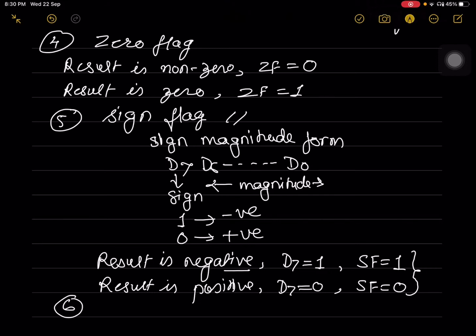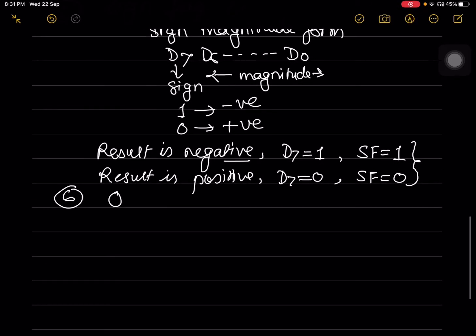In the next situation, we have another important flag, and this flag is called as overflow flag. Overflow flag is also related with the signed operation. Whenever we are performing any signed operation, overflow flag tells us whether the obtained result is within the signed range or not.